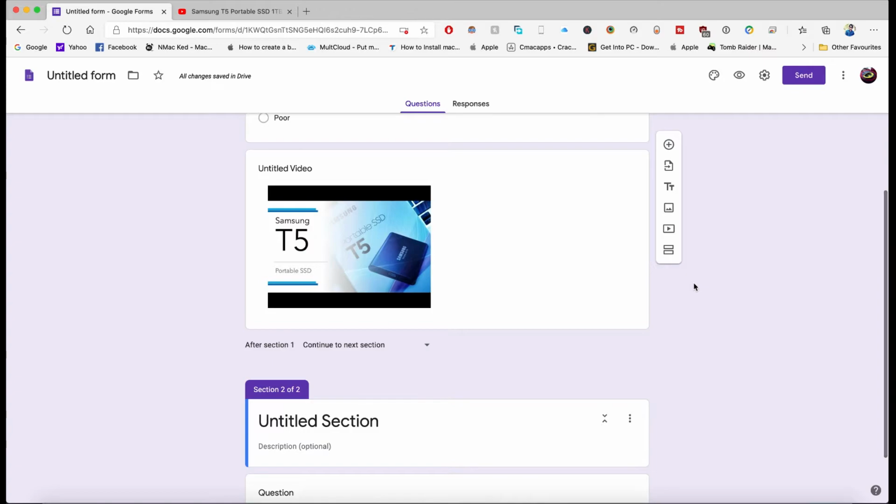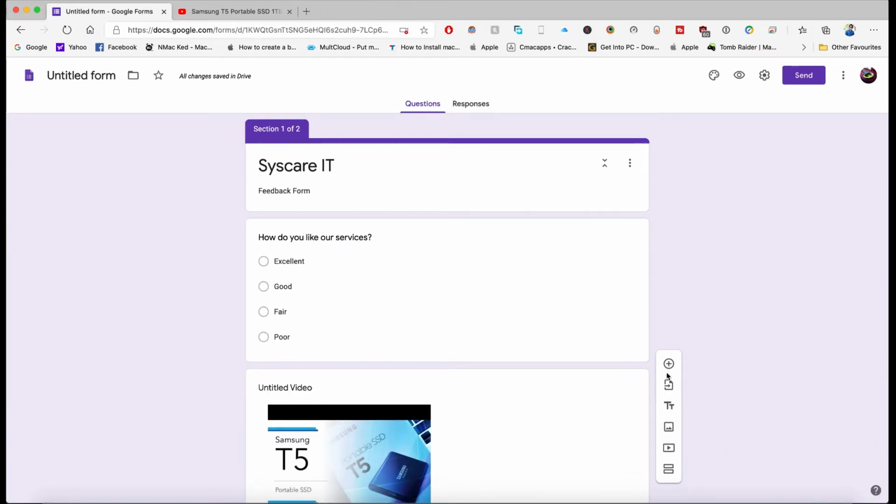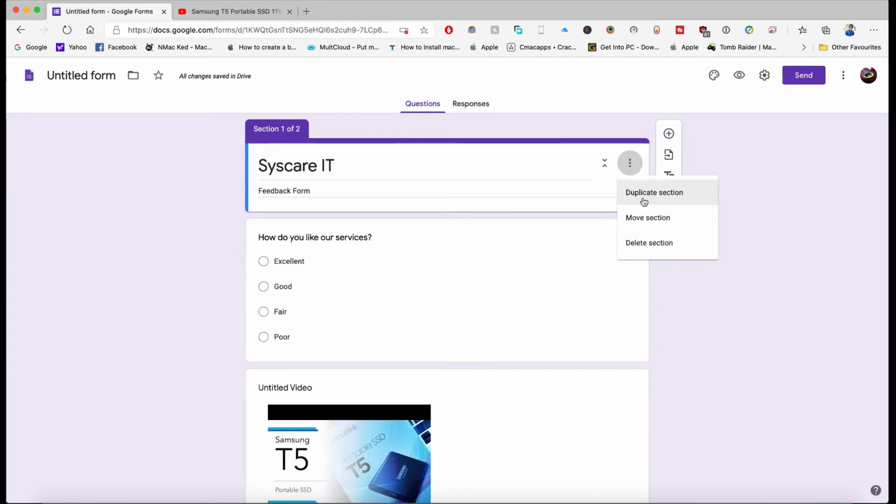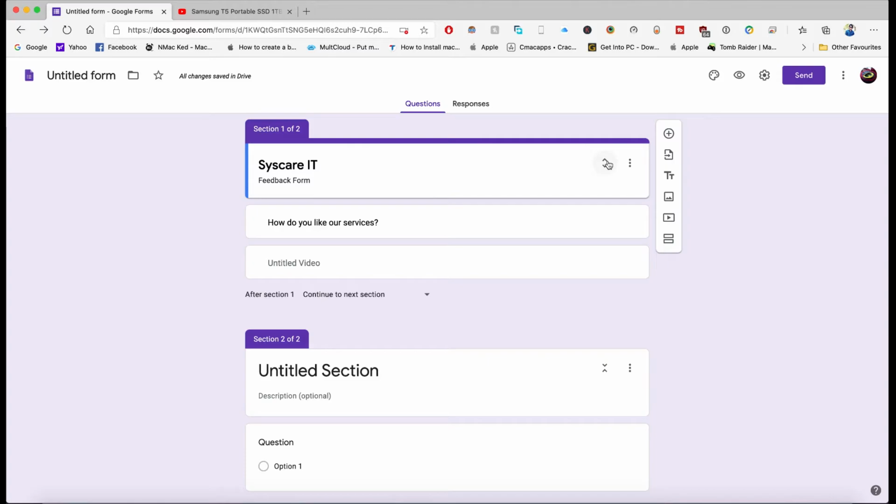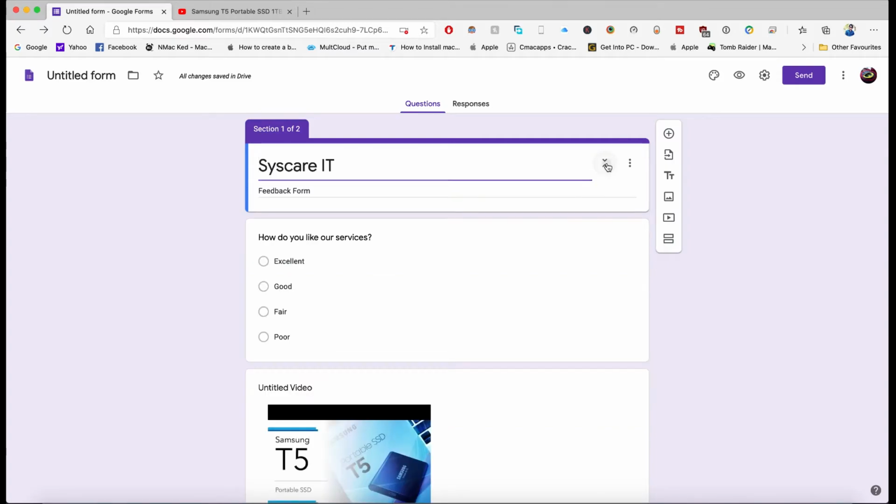Okay, so all these options are available in Google Form, and on this three dot menu you can duplicate the sections, move the sections, or delete the section. Here you can collapse the whole section.